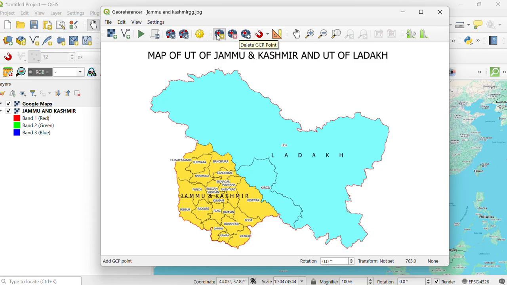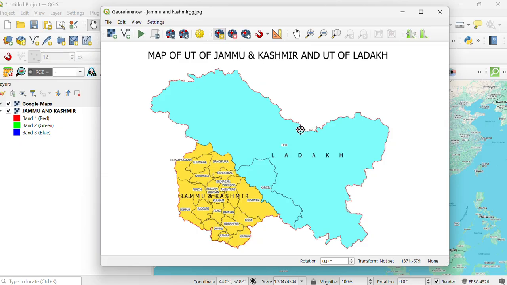Here we need three to four important things. This button is called Start Georeferencing. This is where we delete the GCP points. In it we have to select the GCP points. We have to select a minimum of 4 GCP points on our map. Let me tell you how to add the GCP points. This option is delete GCP point, this is move GCP point, and this one is add GCP point. If you click here, the GCP point will be deleted.